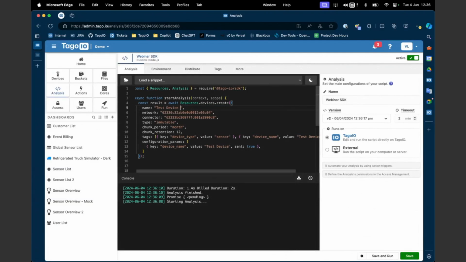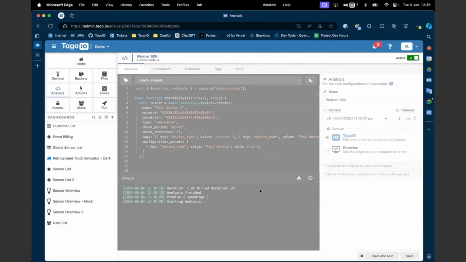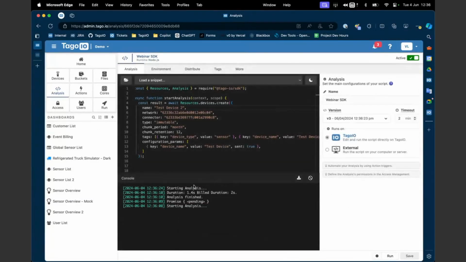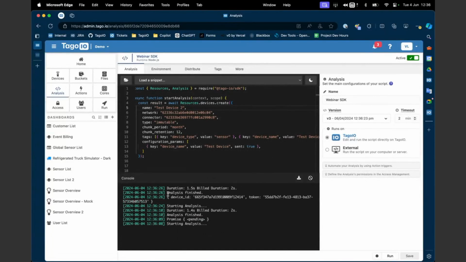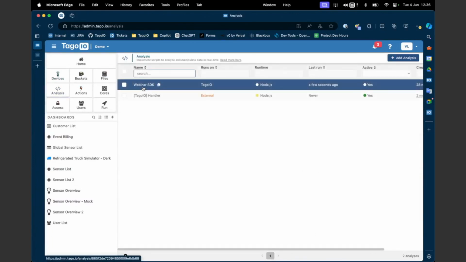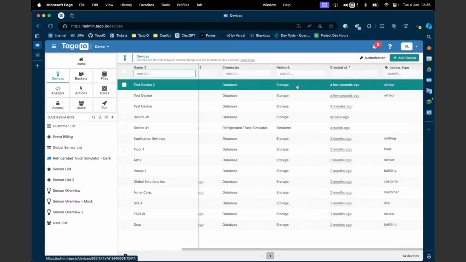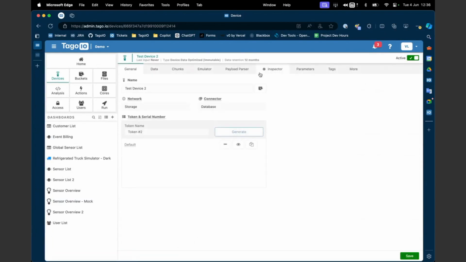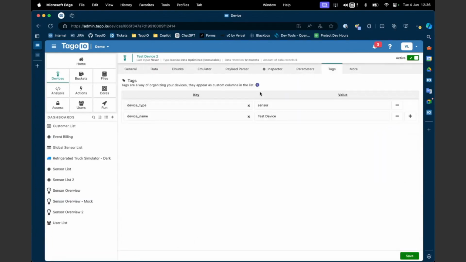Let's call this device 2. Save and run. Yeah, so it did run flawlessly. I did get my device ID and my token. And if I go here to test device, I will see my newly created device with all my tags that I set up and